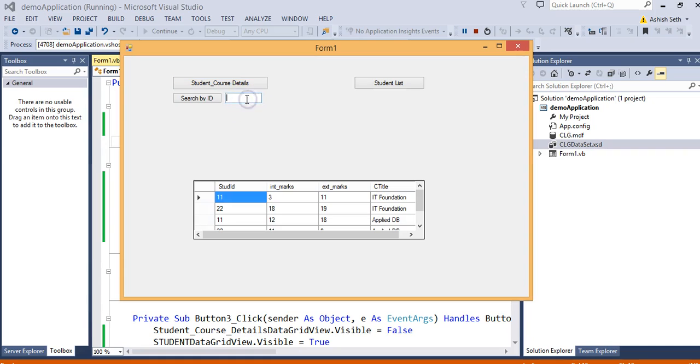For example, if I write 11 and click on search by ID, it should only show the details of student ID 11. Similarly, when I write 22, it should only show details of the student having ID 22. Let's see how to do it.